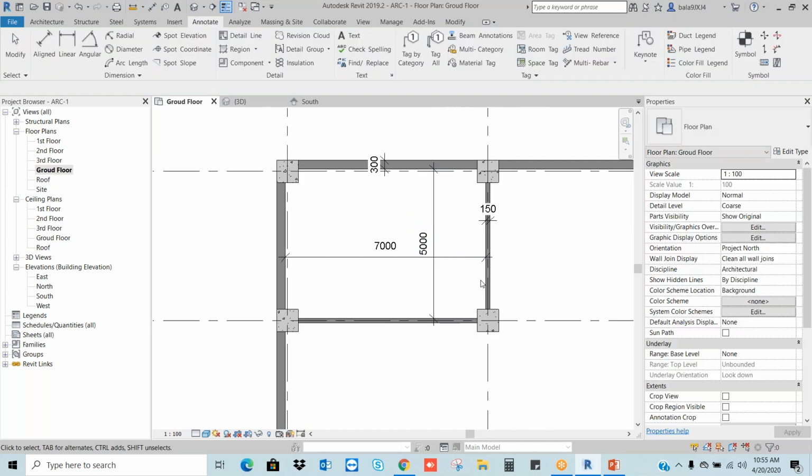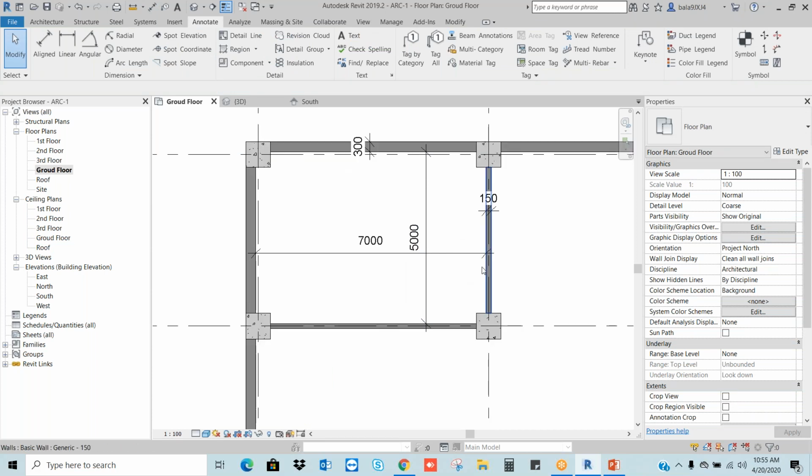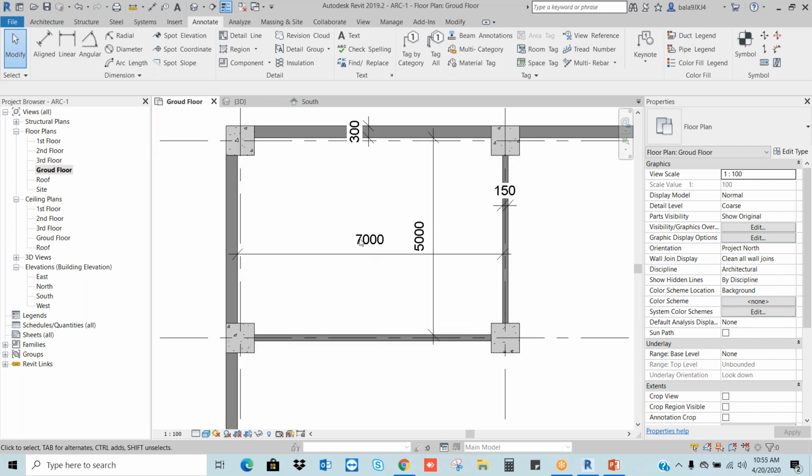Now let's say I want to change this wall distance from 7,000 to, let's say, 6,800.